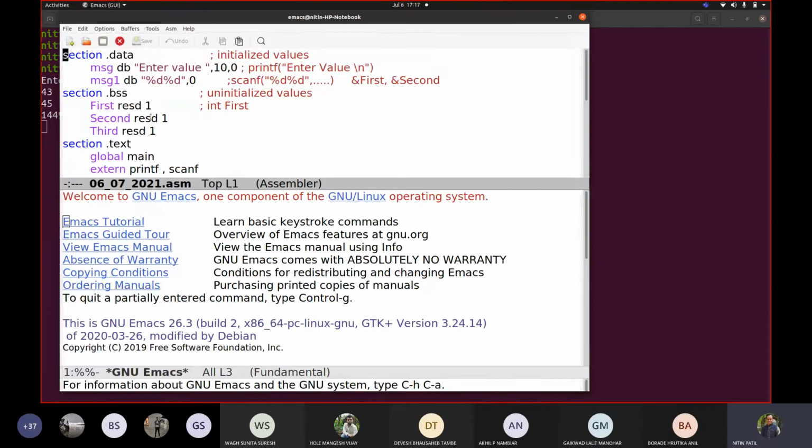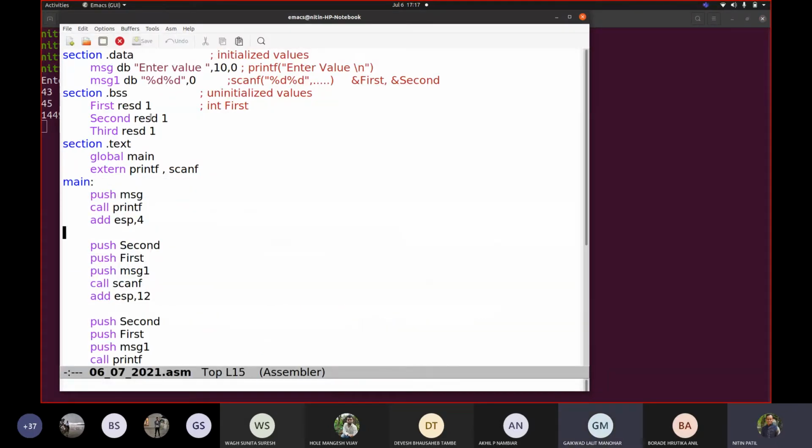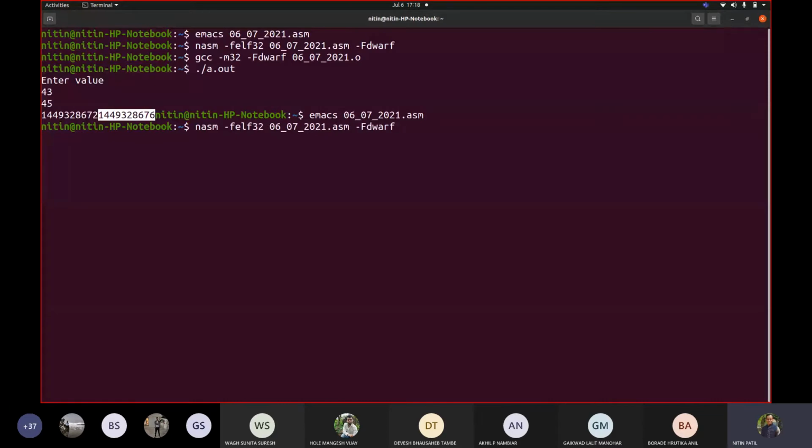So let us make a change here. What we wanted here, actually the values must be going because they are ampersand. Correct. Where you write ampersand. Now you want to print this first and second. Correct. So that's why we have to write this dword, so that it can pick the value at that address. It is like you are writing a pointer. So I am specifically saying, you may say typecasting, I want to fetch the value at that address. That's why the square bracket is added. If I again try to compile this code, sorry, link this code, so NASM, GCC and a.out.